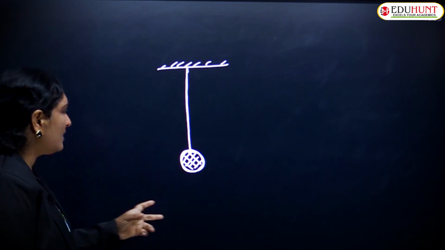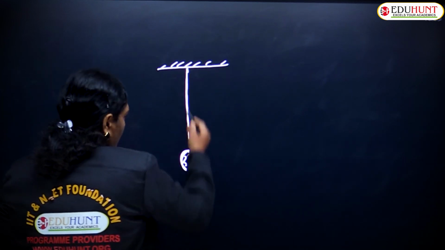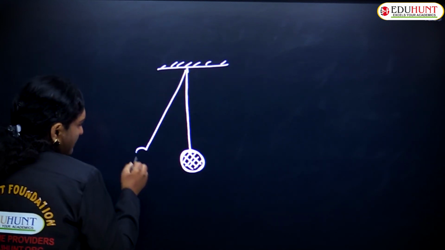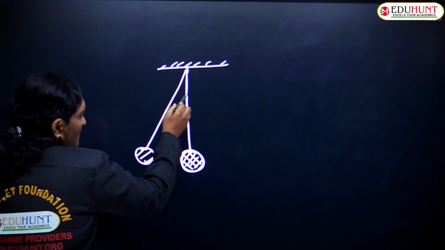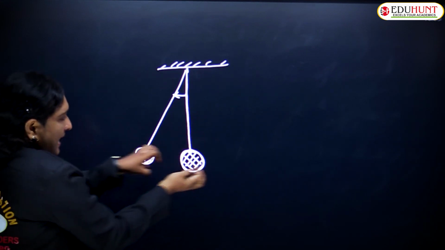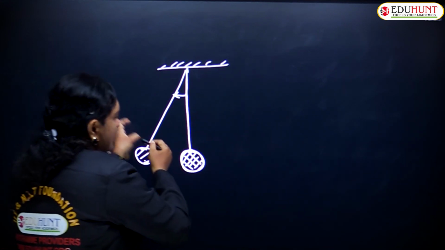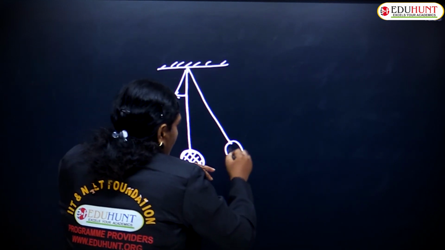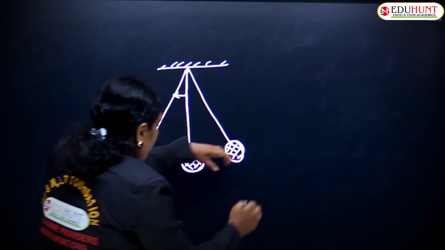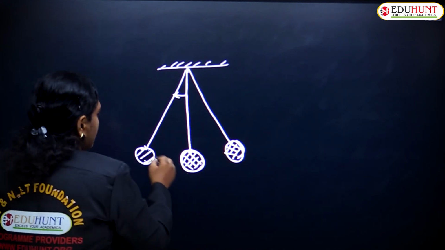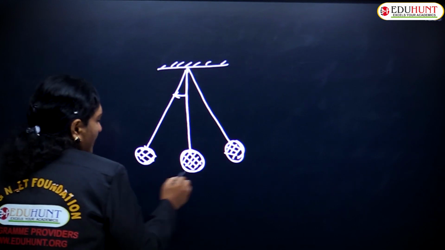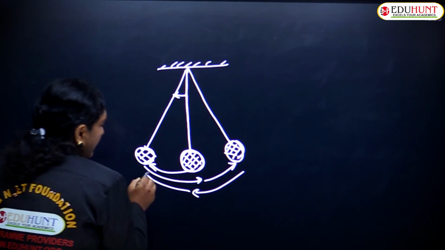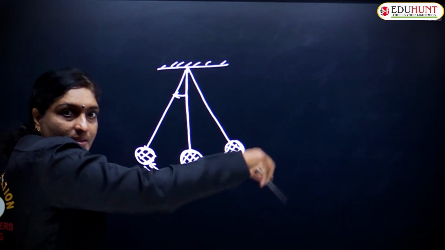Then what they will be doing is pulling this thread apart to this side, then the bob will come to the other side. Once it is released, it starts oscillating. When pulled and released, it goes here, again comes to this position, again comes back, goes out, and like this oscillations are made, here to here, back to here, again to here, and coming back here. Like this, it starts oscillating.